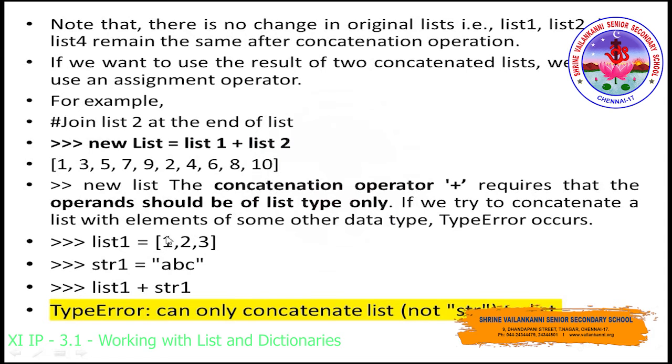You should not try to concatenate any other data type. For example, if you see here, the list1 variable is a list of integer type, and similarly here they have declared a string to another variable string1. If you try to concatenate the list data type with a string, it will immediately display an error stating can only concatenate list and not string to a list. That is, you cannot add a string to a list data type. Similarly, you should concatenate only two lists together. You should not concatenate a string or a number to a list. Got it?